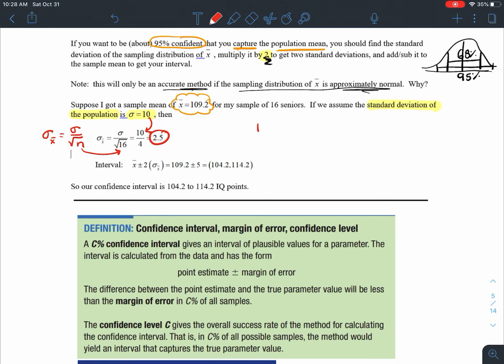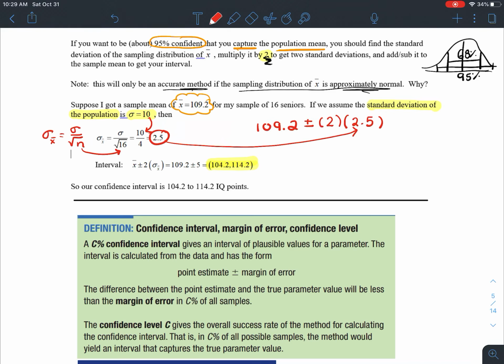So what I'm going to do is take my point estimate, that's this 109.2, and create this window by adding and subtracting 2 of my standard deviations, not of the population, but of my sampling distribution, which we said was 2.5 here. If I were to type that in on the calculator, going through once with addition and again with subtraction, I would get an interval from 104.2 to